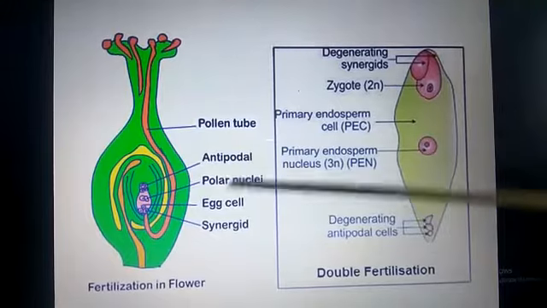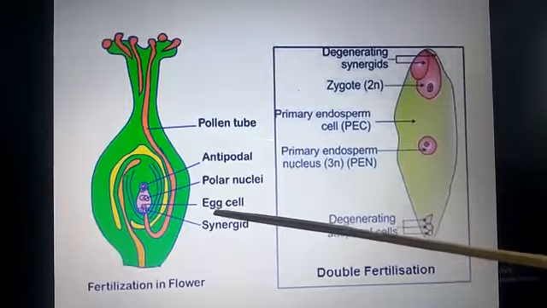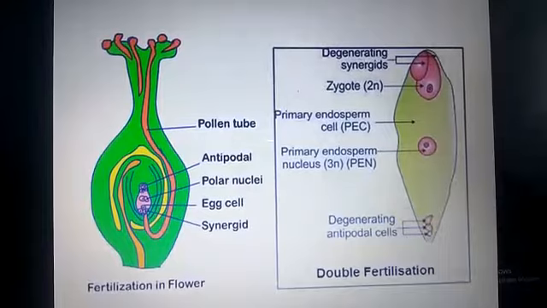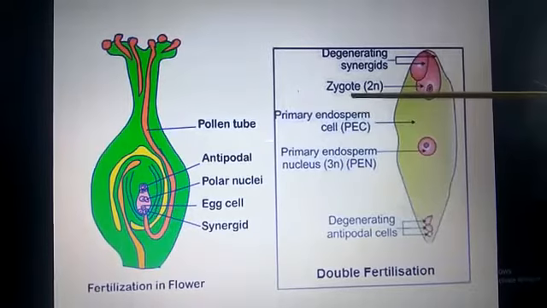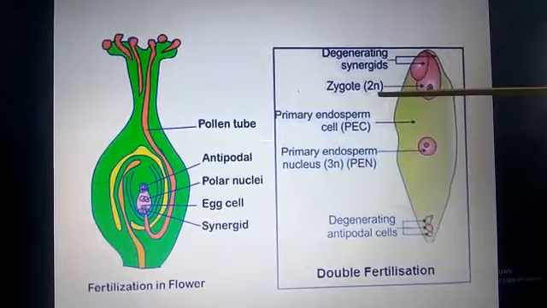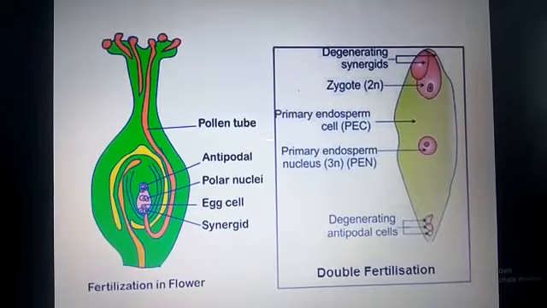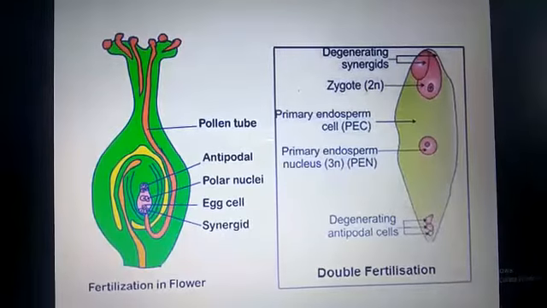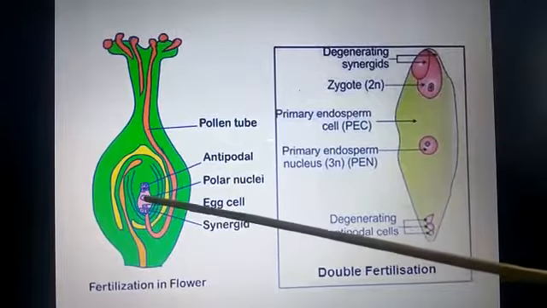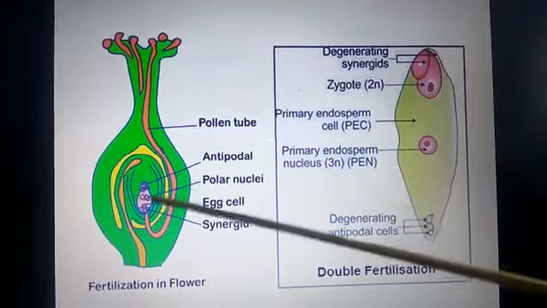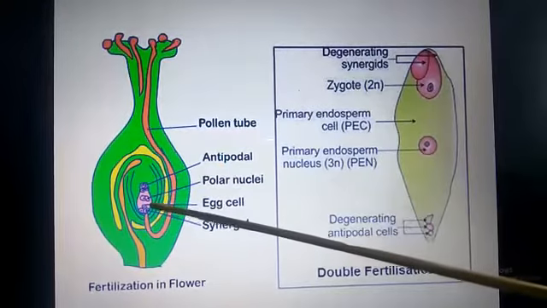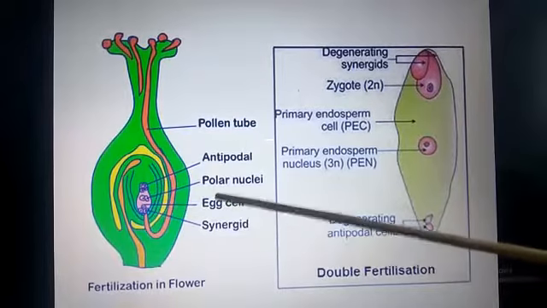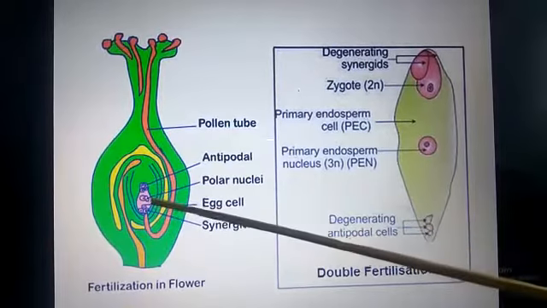The fertilization that takes place between one sperm cell and the egg cell is called generative fertilization. And what will be the result? The result will be the formation of a single cell called the zygote. Zygote is diploid, 2N. Now what will happen to the other sperm cell? The other sperm cell will move to the central part of the embryo sac where the polar nuclei are situated. Now the male gamete will fuse with the polar nuclei,